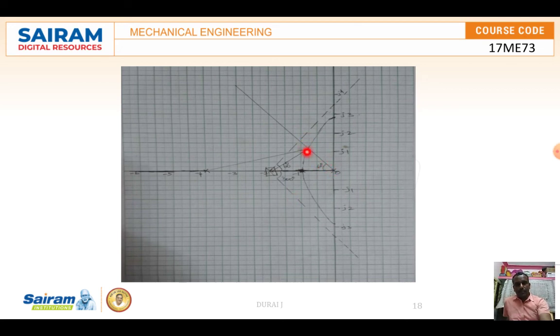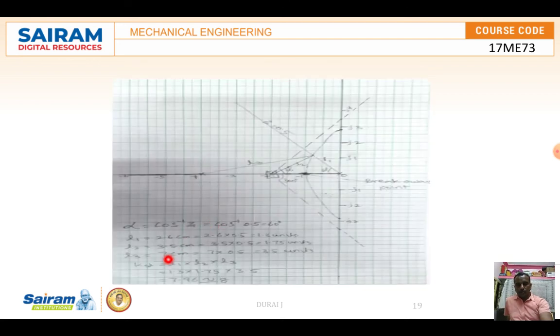Wherever that line meets the arc, from there draw one line to here, then from there to 0. That means from wherever the root locus point comes, you mark the lines over here. So this value you take as L1, this is L2, and this is L3. These values you measure with the help of a scale. So we multiply them over here. Finally, we get 7.96, which is approximately equal to 8, okay.